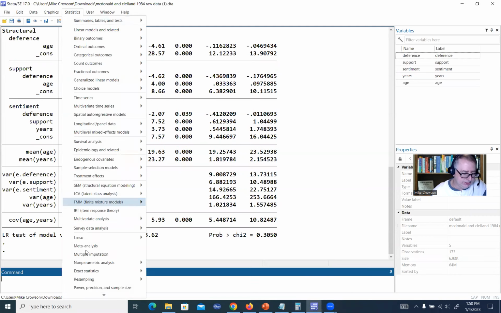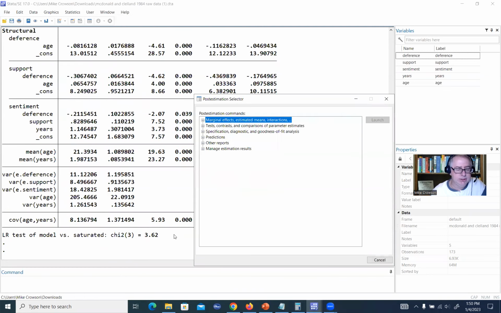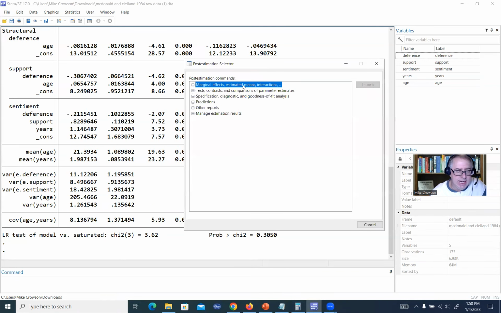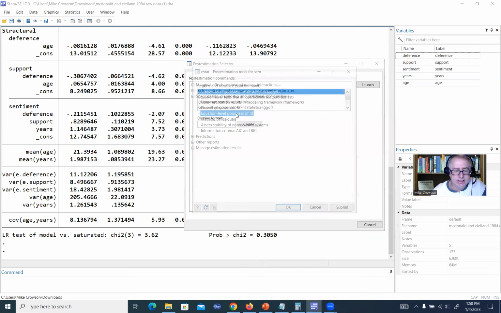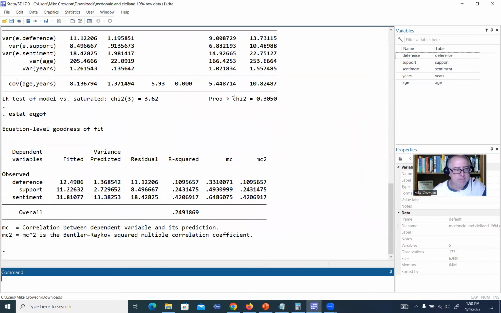If we go to statistics and then scroll to the very bottom, you'll have a little option for post estimation. We could click on that and then select specification, diagnostic, and goodness of fit analysis, and we can select the equation level goodness of fit. So if I click on this and then click on OK,